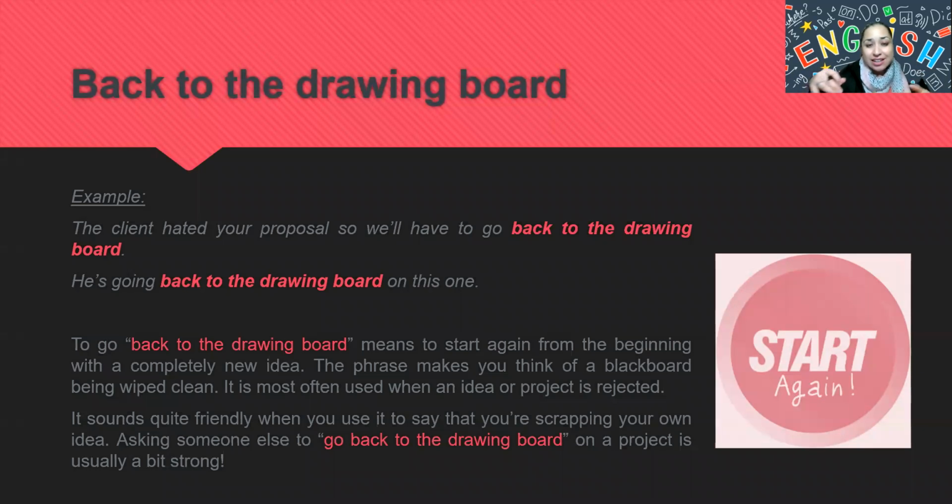It's not good. It's not okay. So you have to start back again. That's the actual meaning of back to the drawing board. So yes, if you hear it from your boss, it's like, you better go and start back to the drawing board as fast as you can because you have to do it again.